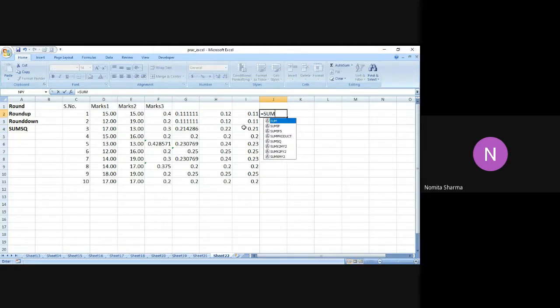Similarly, we can also use the SUMSQ function, which is very simple and very easy to understand. I am going to simply write some numbers like 2, 3, and 1 just to understand it in a better manner. I got the answer as 14. So it is going to calculate the sum of squares of the numbers which I mentioned over here. So 4 plus 1, 5, 5 plus 9 is 14. That is the answer that I've got over here.